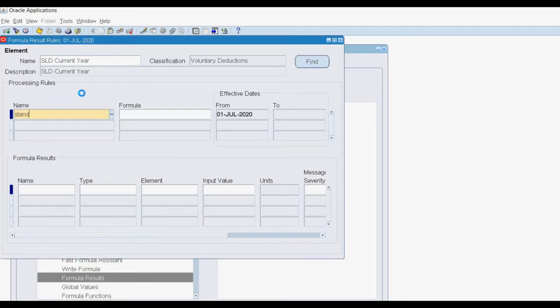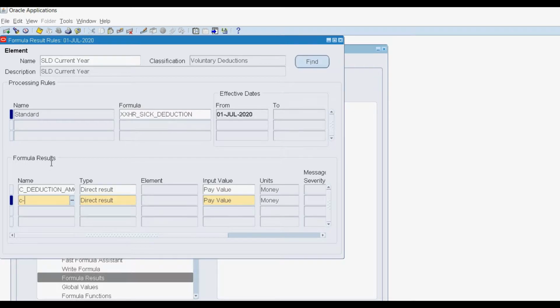Now go to the formula results window, give the name of the element, give the formula name which we have developed in the last video, and I'm going to add each and every output variable from the formula, and then I'm assigning it as a direct value back to the element in terms of pay value and messages.